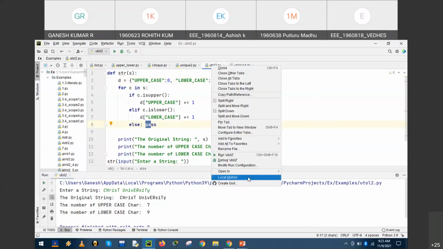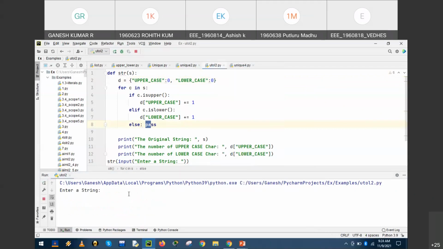Let us check with another example with special characters, lowercase characters, and blank spaces. Let us have some special characters.